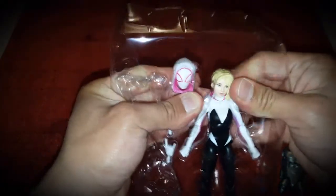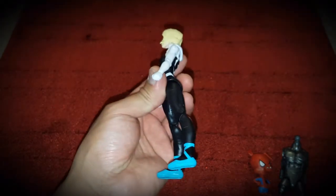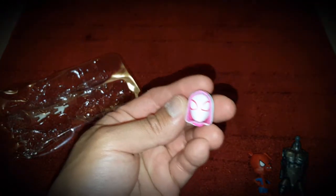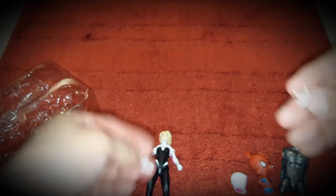Let's take out Gwen Stacy. She looks good. Love the blue shoes. Love the kicks. Oof. Okay. Got the hooded one, the hooded head, and then, okay, we got the,